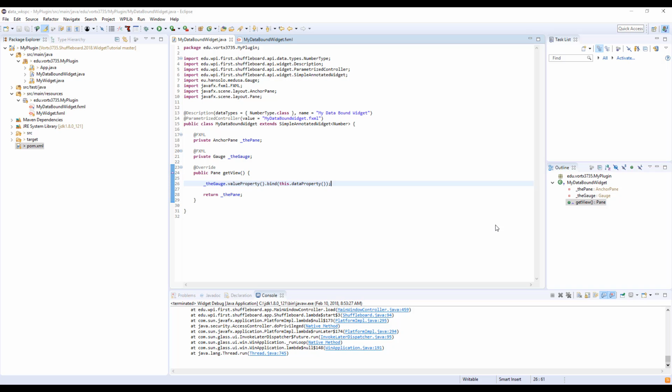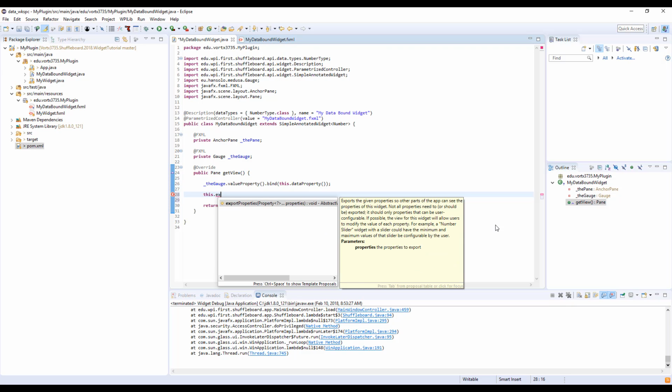So the last thing to do is to allow for users to customize the view or the look and feel of your widget. So what we might want to do, since our gauge only allows us at the moment by default to have a min of 0 and a max of 100, is to allow people to change the property of min and max value, or min and max of what the control displays. So to do this, I'm going to do this dot